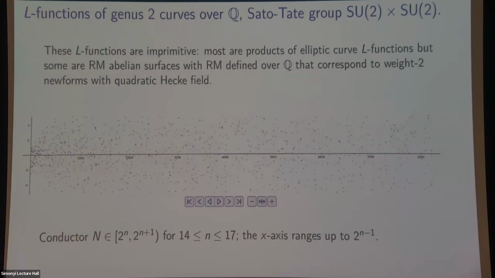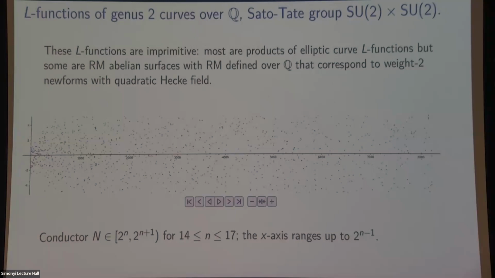So now I want to consider genus 2 curves with a different Sato-Tate group. So rather than taking USp(4), I mean, this isn't such an interesting thing to do in the elliptic curve case because there are only 13 elliptic curves over Q, up to twist, that have complex multiplication. But over in dimension 2, you have infinite families and even 2-dimensional families. The generic family has a moduli space of dimension 3. So this is maybe an interesting case to look at. So I'm going to look at abelian surfaces with Sato-Tate group SU(2) x SU(2). There are actually 2 ways these can arise. These correspond to either a product of elliptic curves, or an abelian surface coming from a weight 2 newform with quadratic coefficient fields.